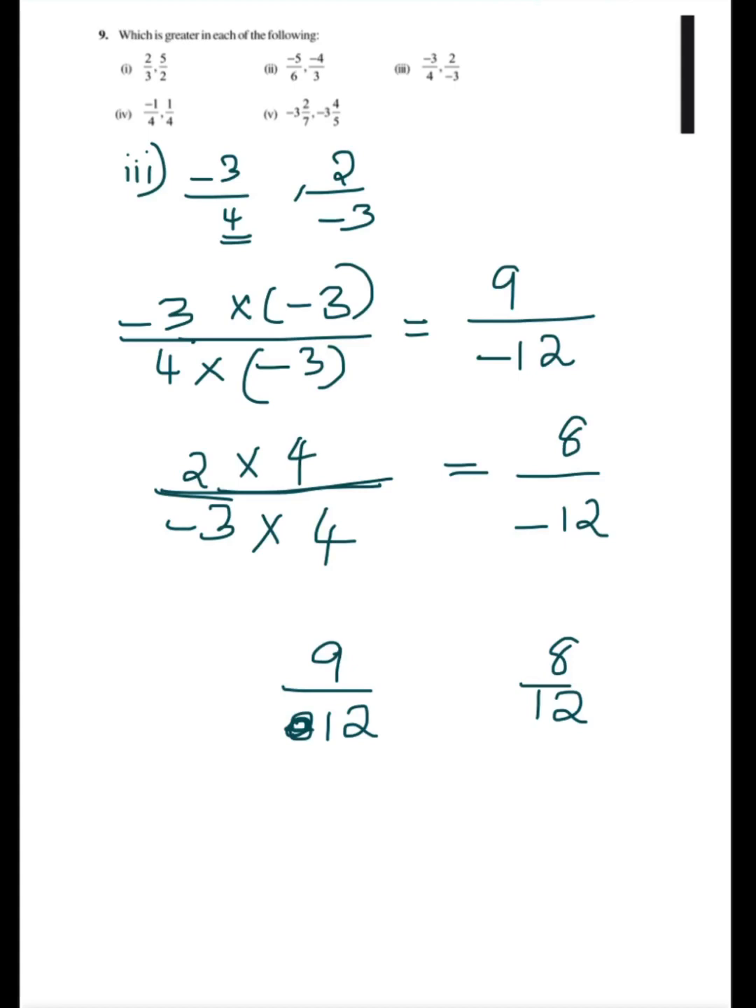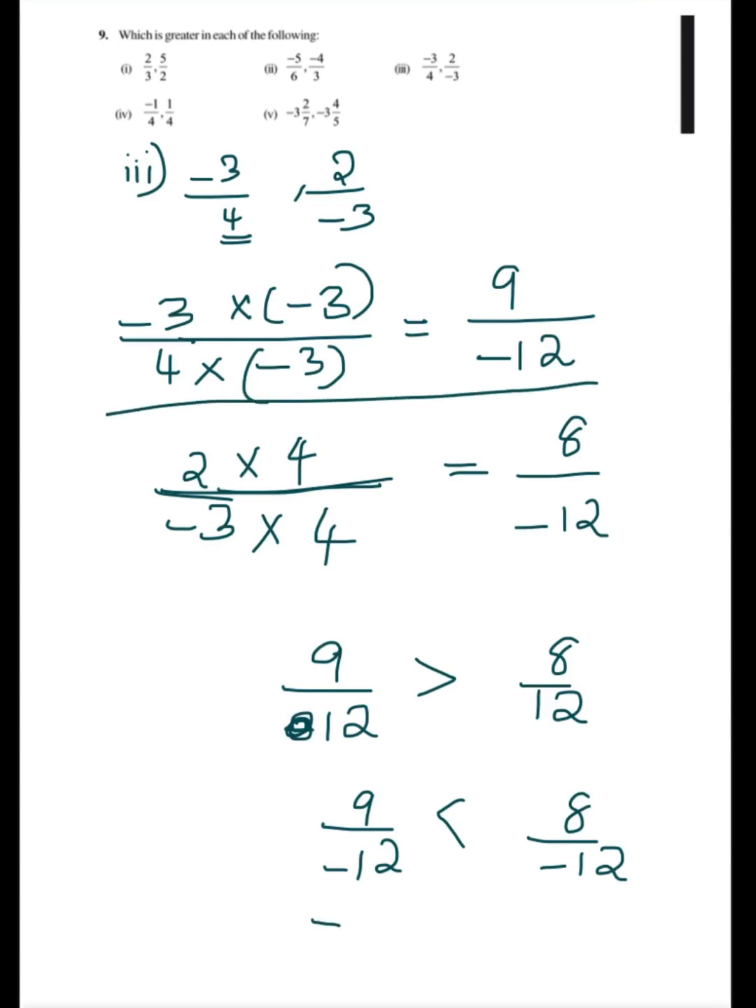Without considering the negative sign, which will be greater? You know that 9 is greater. So it will be like this. But when you put the negative sign, that is 9 by minus 12 and 8 by minus 12, then the sign will get reversed. So it will be less than. Okay, so what is 9 by 12? It's actually minus 3 by 4. So minus 3 by 4 is less than